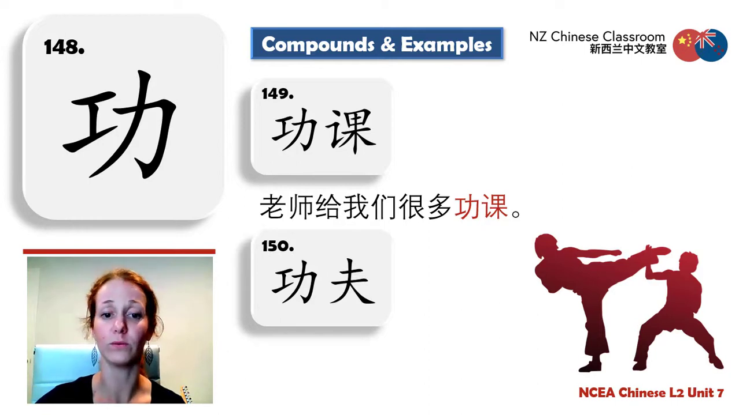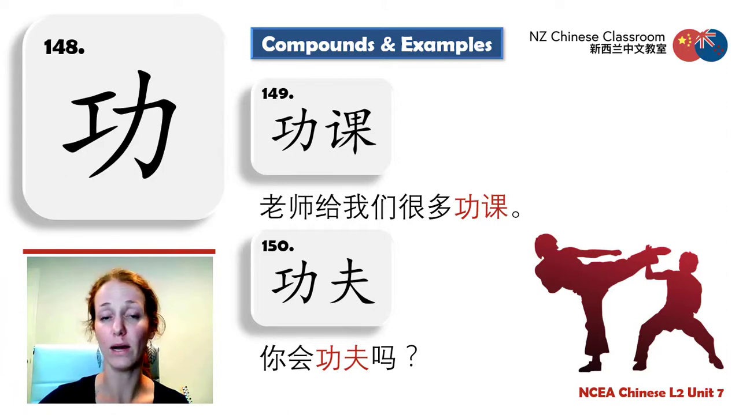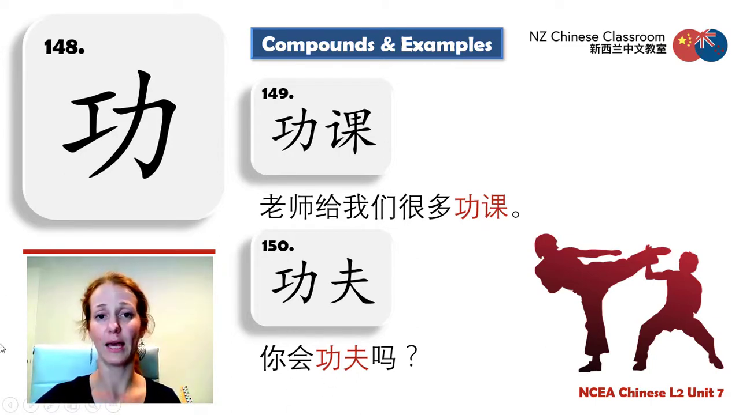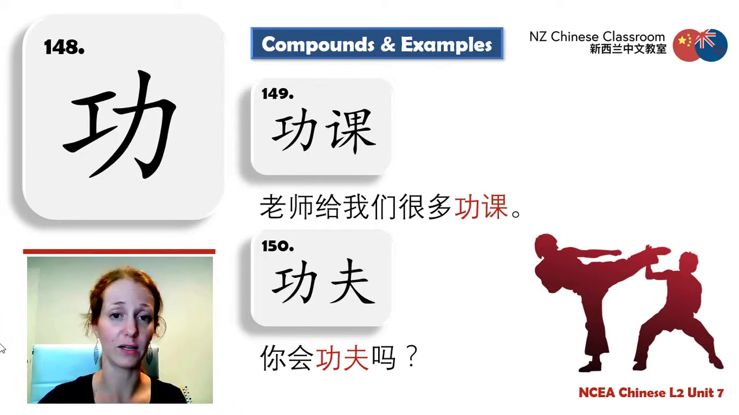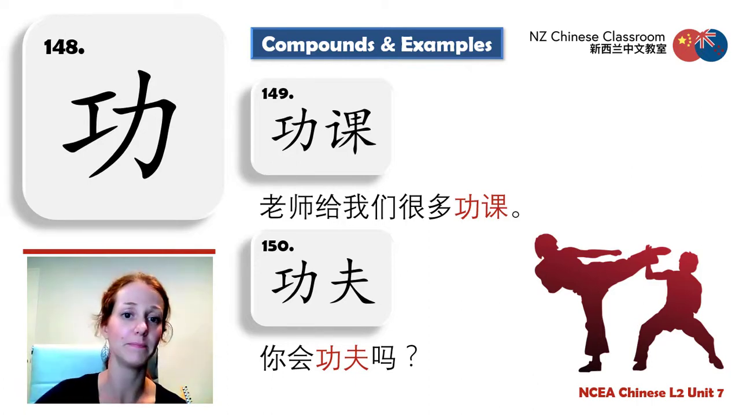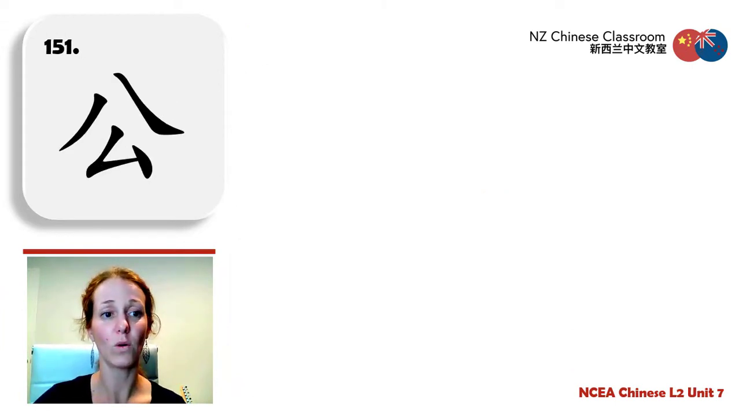下一个功夫，你喜欢功夫吗？Or 你会功夫吗？Can you do kung fu? So 会, to be able to know how to do something, and 功夫 by itself is kind of the verb of doing kung fu as well. So can you do kung fu? 你会功夫吗？我会一点儿。